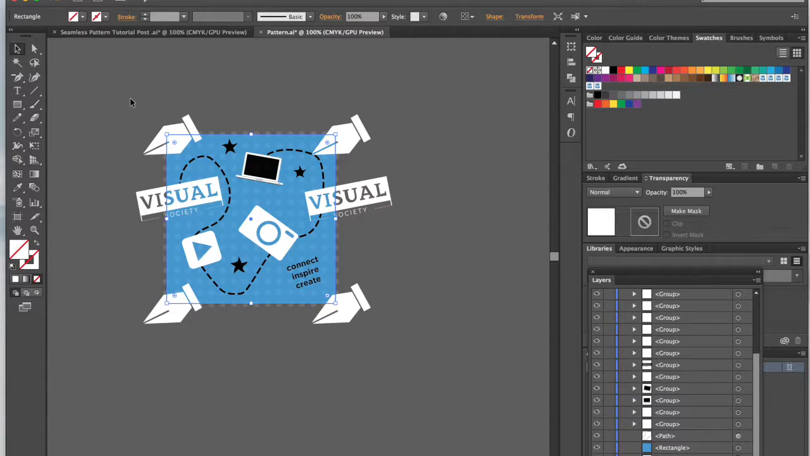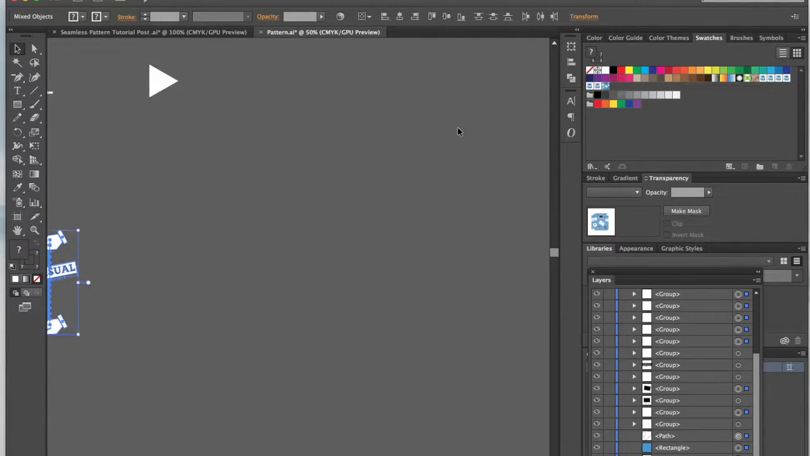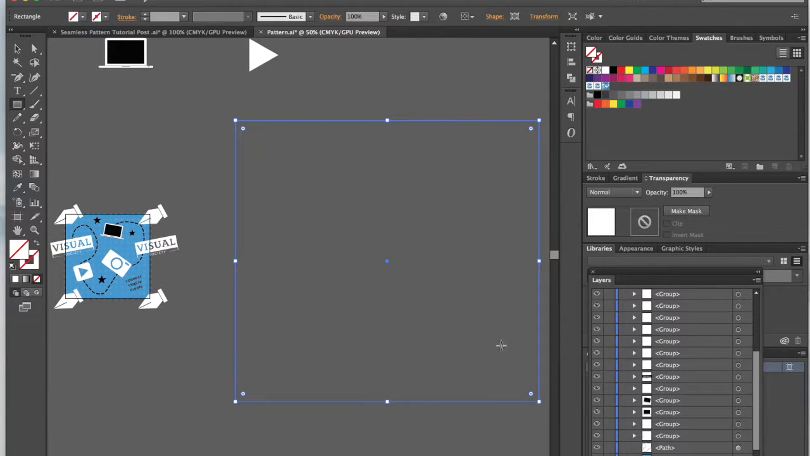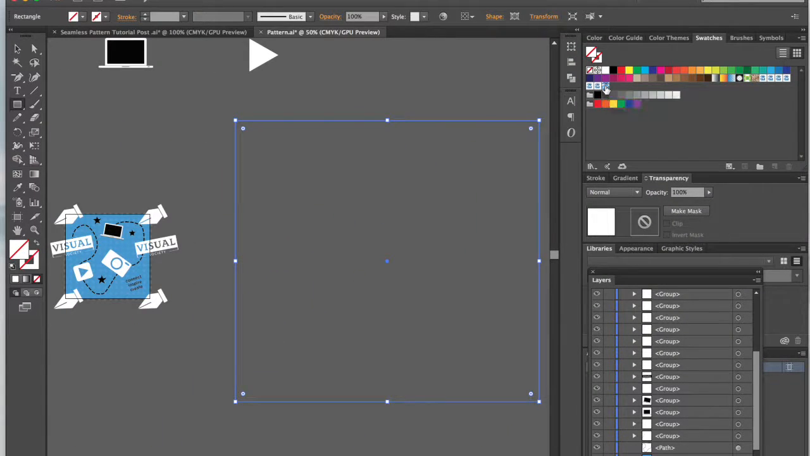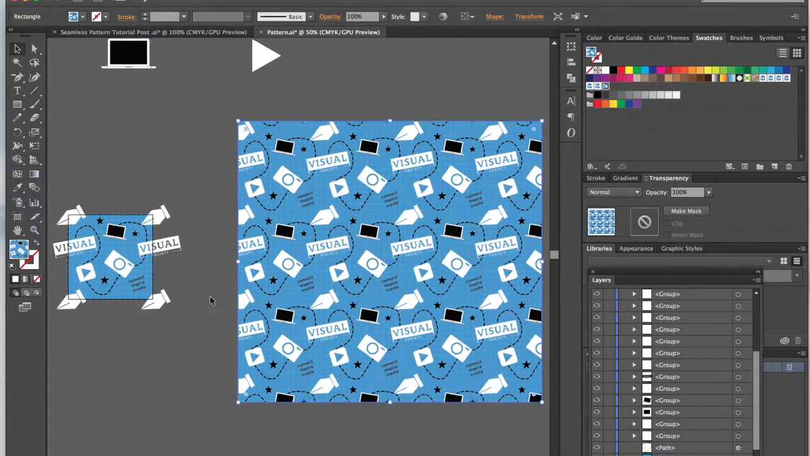So now, if I select all of this, then I can click, and I can drag it over. And now, we're going to create that rectangle, and I'm going to fill it with this little new pattern swatch. Notice right here. I'm going to click it, and then I have a seamless pattern. And if I notice something that I don't really like, like the placement of this or that, I can come over